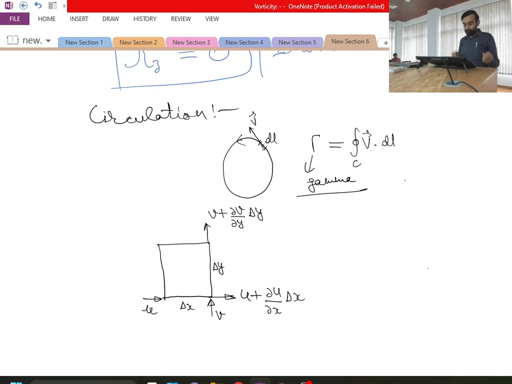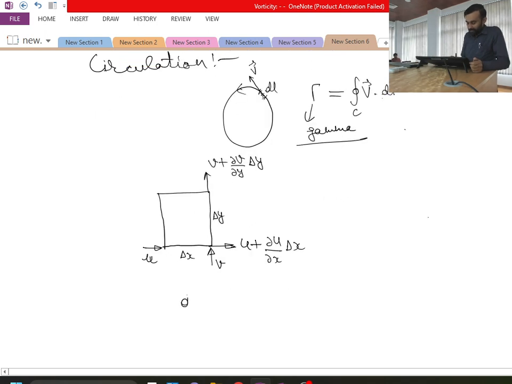Okay, so for this situation, if I define the circulation for this fluid element, then what will it be? In this direction, how much is the velocity? U velocity is there in this direction. What is the tangential velocity? U. So it will become U times delta x. Fine. Then in this direction, what is the tangential velocity over here? V